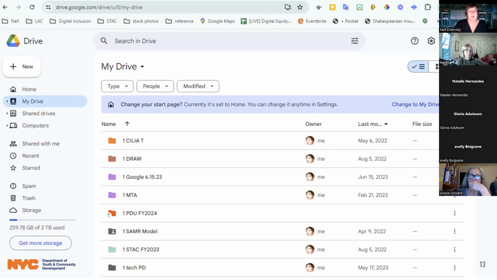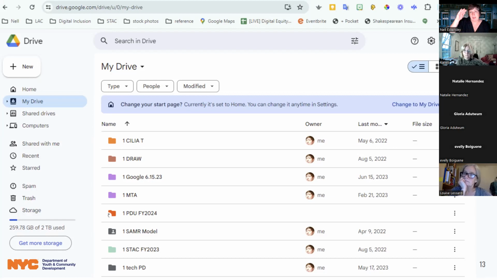So if you're working within an organization and you have access, maybe they have a drive where everything is saved and you can go find folders and people have different levels of access. This is the same process. It's just using Google for that saving of things. In my case, where I work, the Literacy Assistance Center, we have a Google Workspace. That means I can log in with my work email address because that's what it's associated with. So my Gmail address logs me into my personal Google account. My work email logs me into my work Google Workspace.